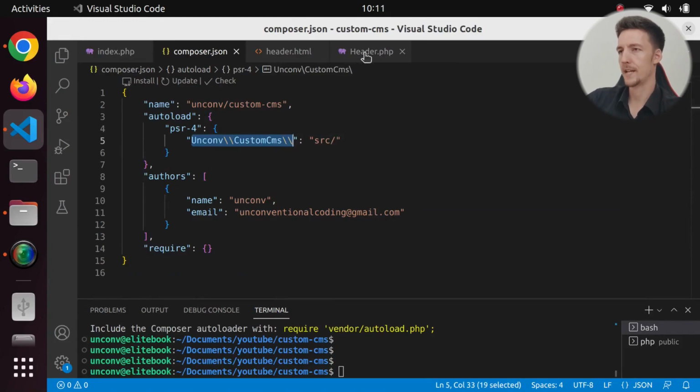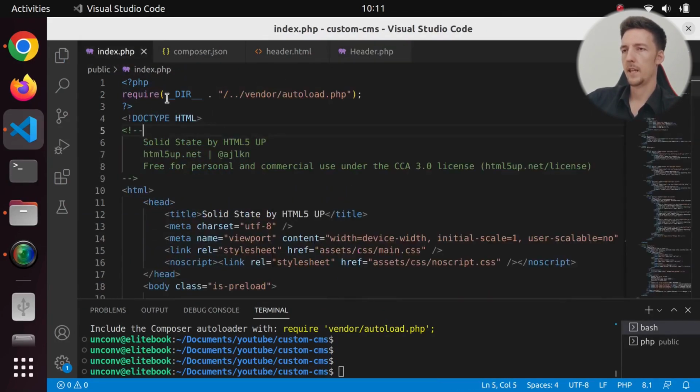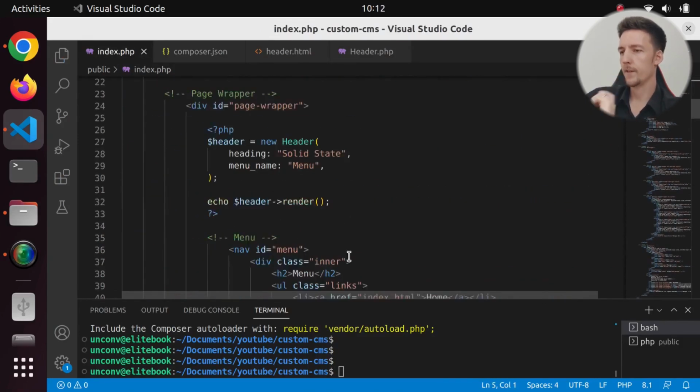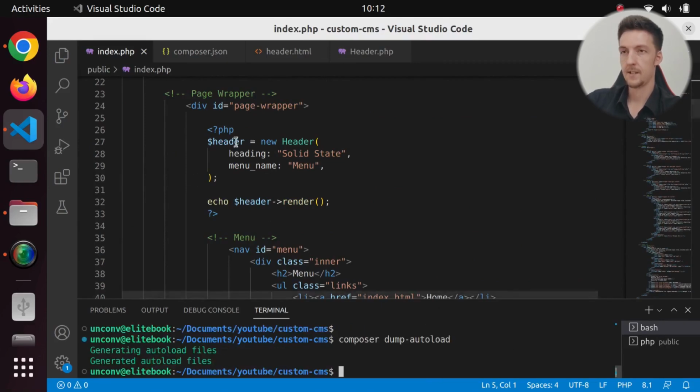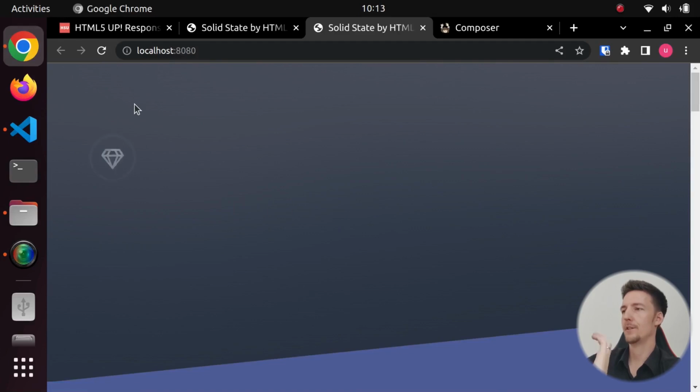I guess we could use that namespace. And I will put it in the index as well. So now, if I didn't make any mistakes, which I almost made because I have to say composer dump-autoload, I guess. So if I now go back here and I refresh this page, it should look exactly the same,